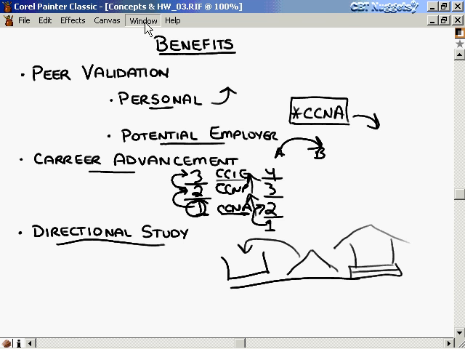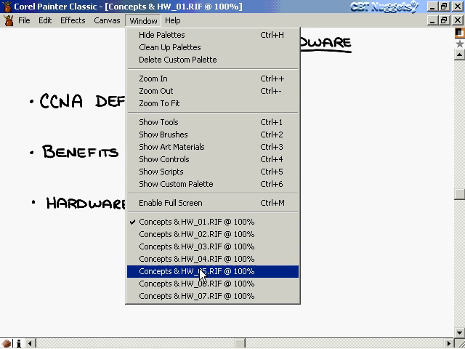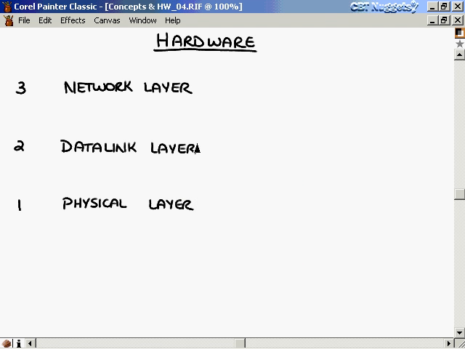So far in this nugget, we've defined exactly what a CCNA is, and we've also talked about the benefits associated with becoming a CCNA. What we're going to do now for the rest of this nugget is look at the hardware that we're going to use within this series of developing your knowledge in the CCNA objectives. All right, the way we're going to do that, we're going to look at the 3 layers of the OSI model. I know you're not completely familiar with these as of yet, but just understand for our discussion in hardware,